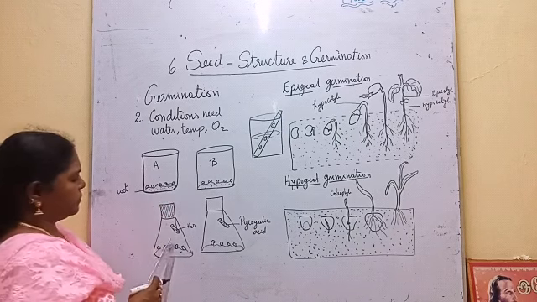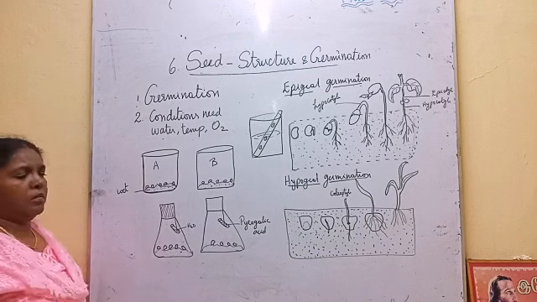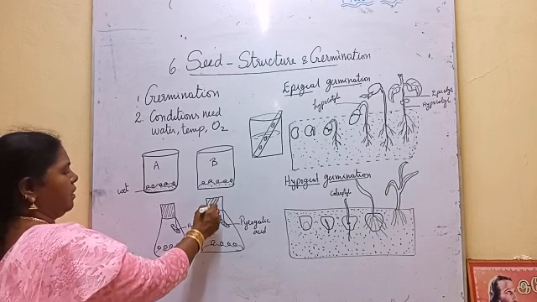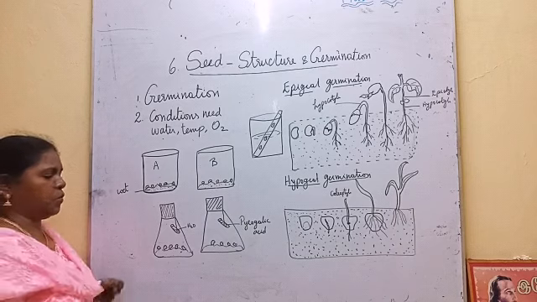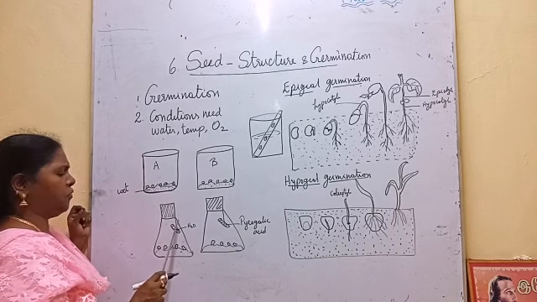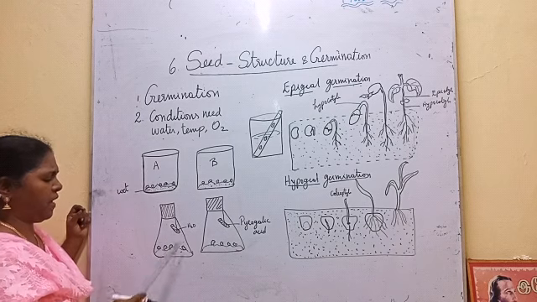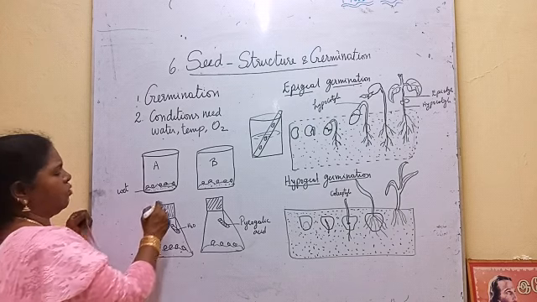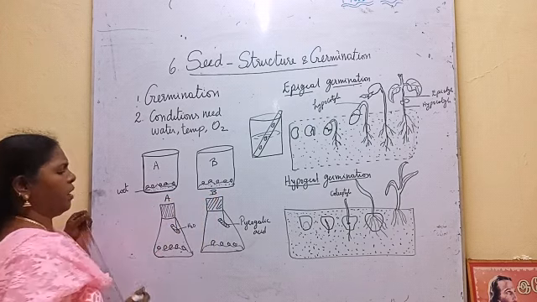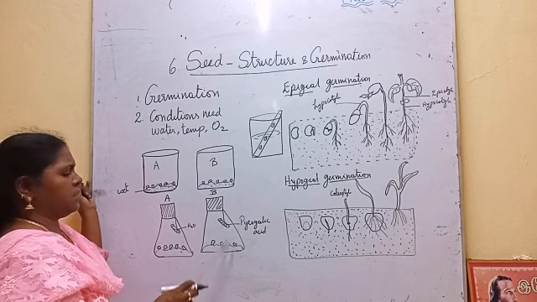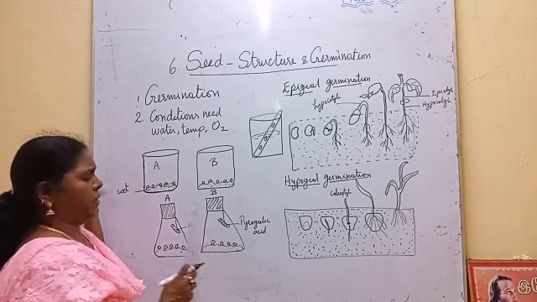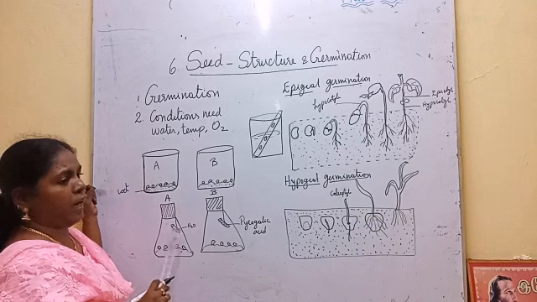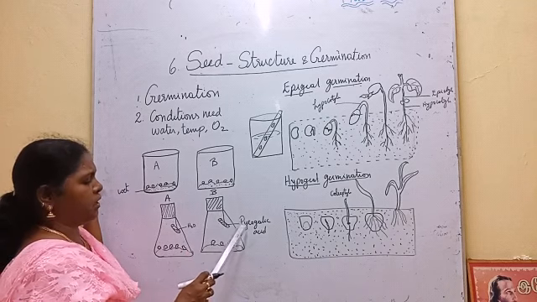The next one: oxygen is necessary for germination. We have to take 2 conical flasks and 2 test tubes. Fill one test tube with water and, with the help of a thread, hang it in the conical flask. Before hanging it, keep wet cotton and bean seeds in both conical flask A and conical flask B. In conical flask A, the test tube should contain water. In conical flask B, the test tube should contain